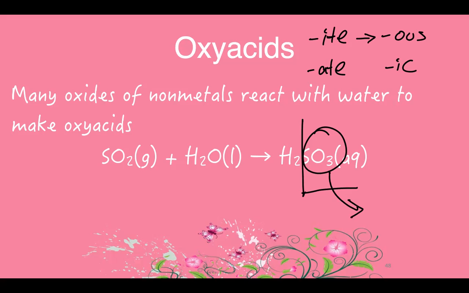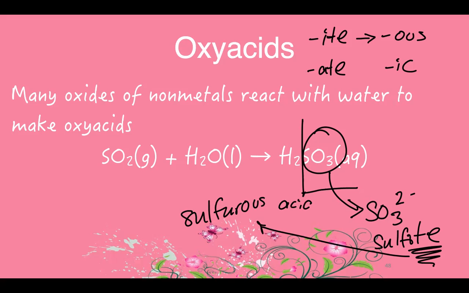So if you isolate what would be the polyatomic ion without the hydrogen, you get SO3. And of course, that's -2. The name of SO3 is sulfite. Okay. So the name of the acid, when you add hydrogen, is